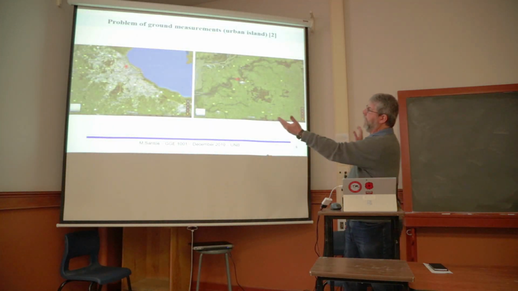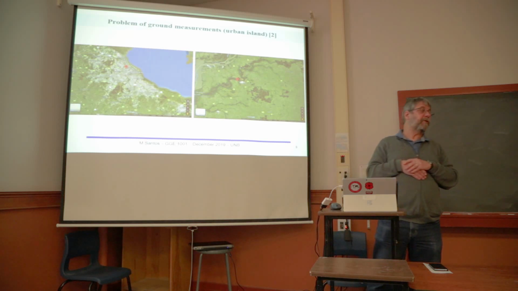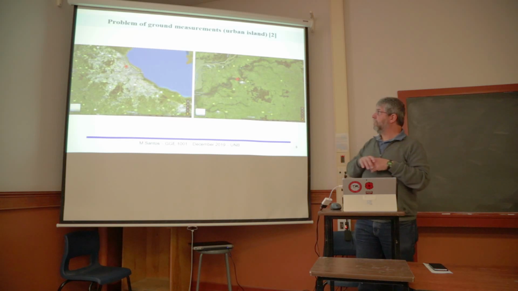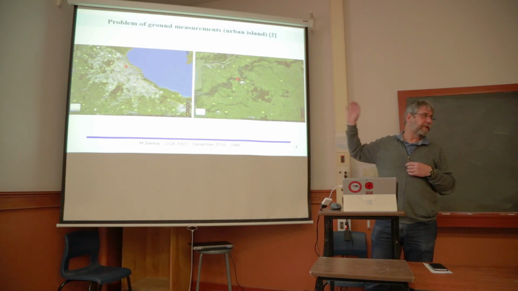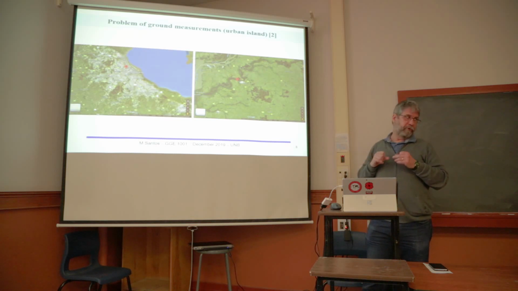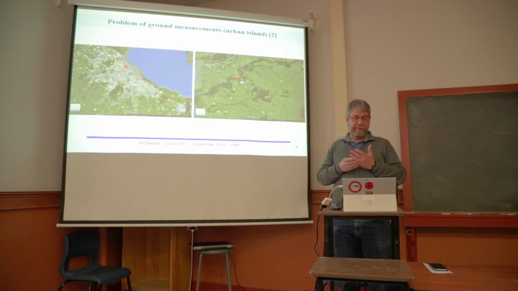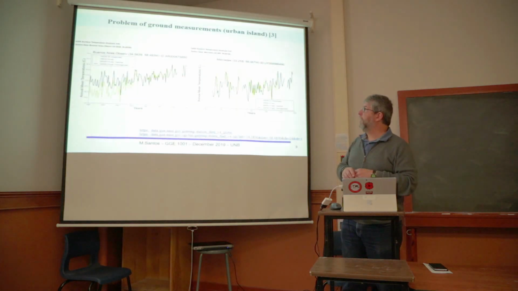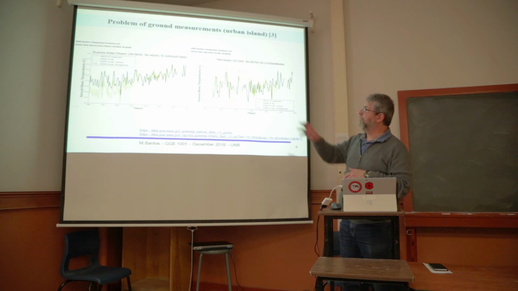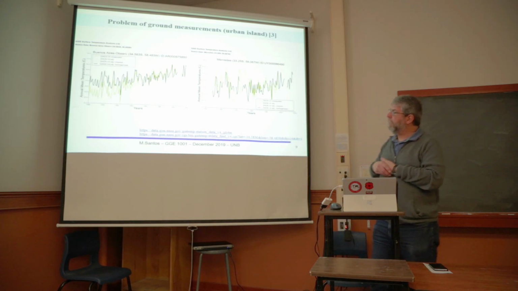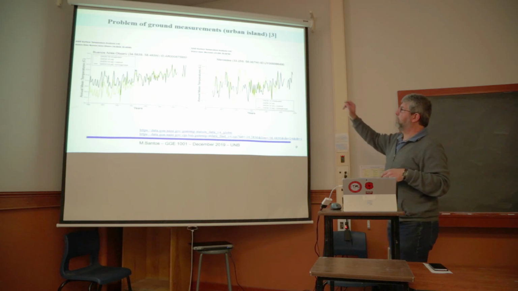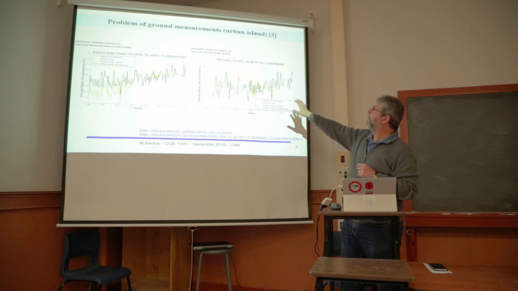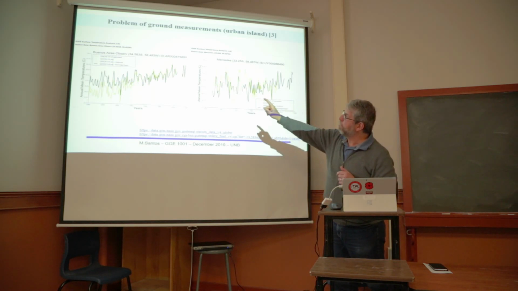The important thing is that these stations are located in two different places. On your left we have Buenos Aires, and this meteorological station is right in the middle of the city. On the other hand, Mercedes is right where it should be, in a rural area, far away from a city. So the station of Buenos Aires is affected by this urban island. If you look at these two plots, which I'm going to explain, they show the annual mean temperature. Your left is Buenos Aires, on the right is Mercedes.